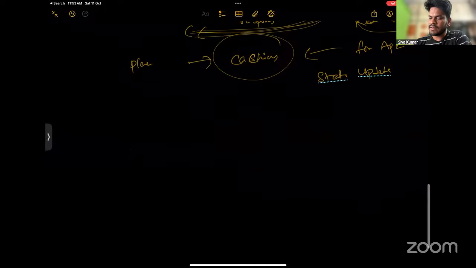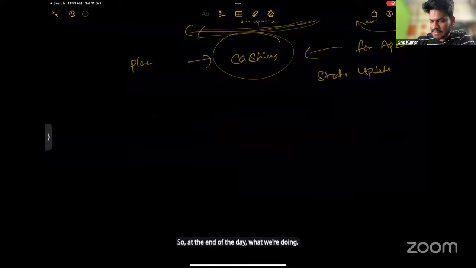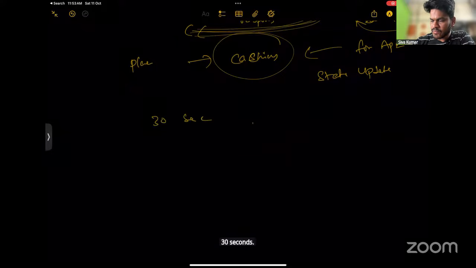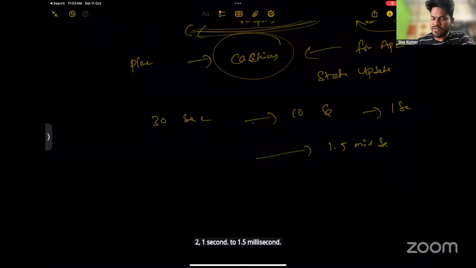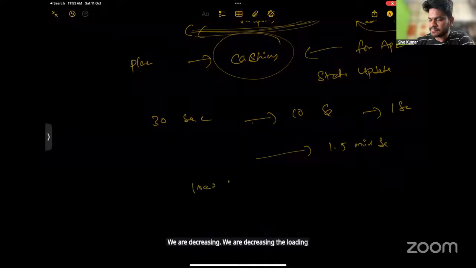So at the end of the day, we are going from 30 seconds to 10 seconds to 1 second to 1.5 milliseconds. We are decreasing the loading time.